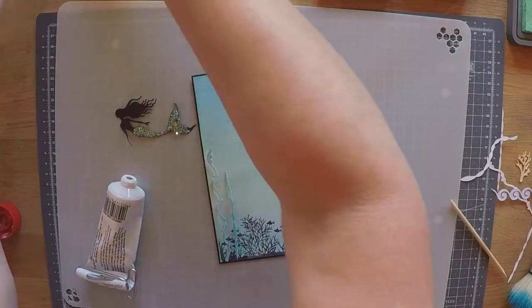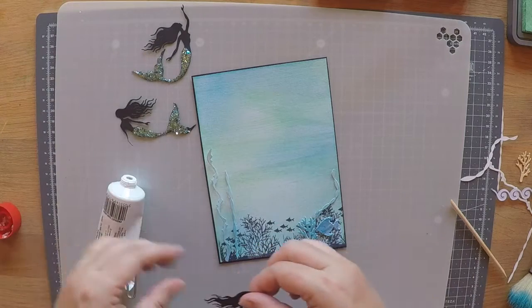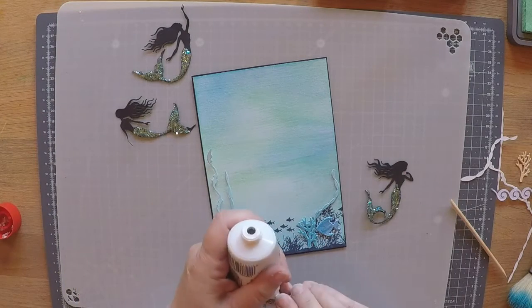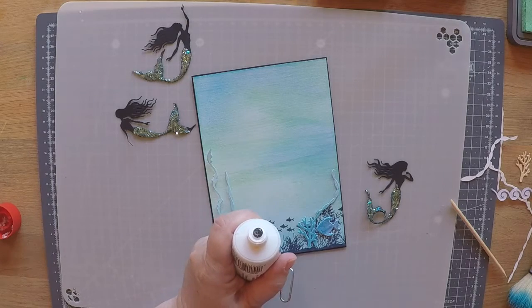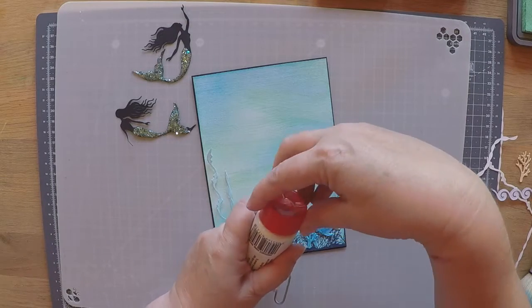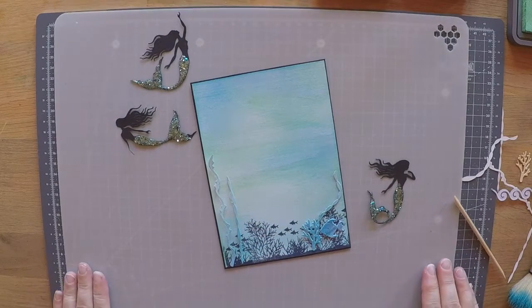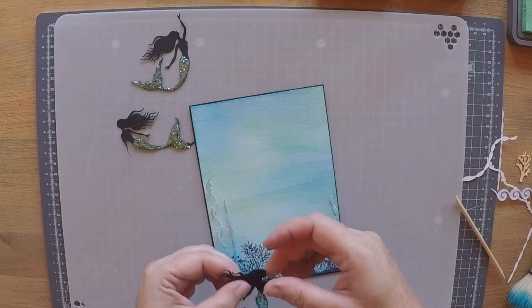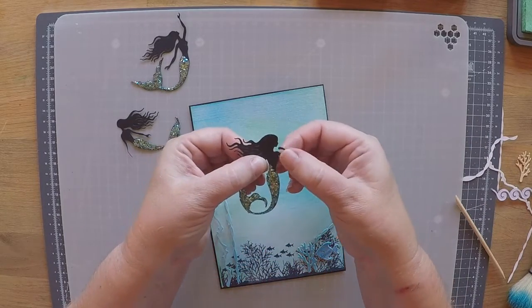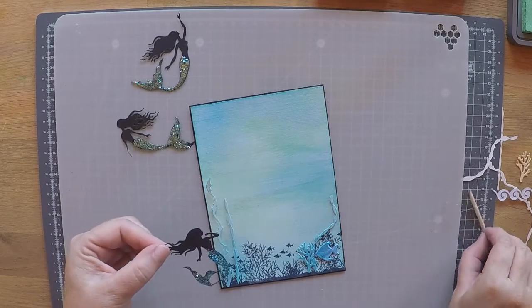So I'm grabbing my mermaids that we made at the first part of the tutorial. They're nice and dry now. Just showing you how to squeeze a bit of that silicone to the top of the tube before you tighten the lid on. If you have a little bit of the silicone popping out, it doesn't clog up. It all comes with a metal bar as well, which you slip onto the end of your silicone tube and wind up until you've got that little piece popping out the top of your silicone gel before you screw the